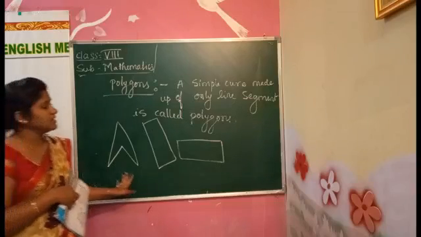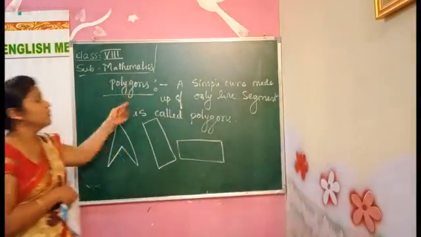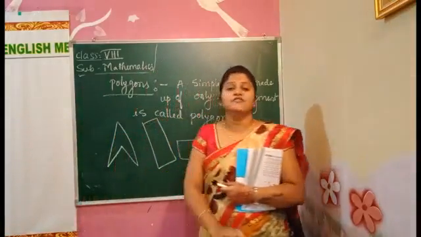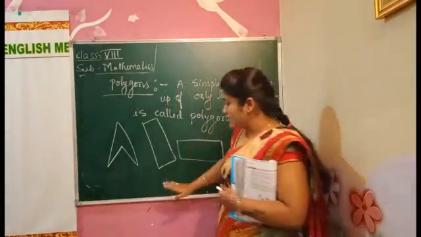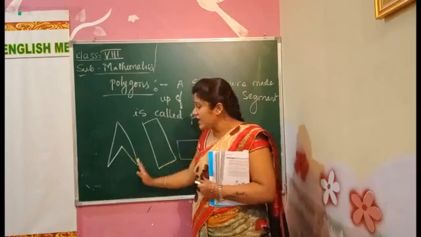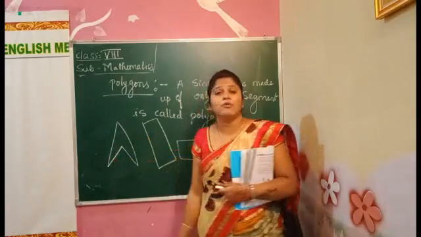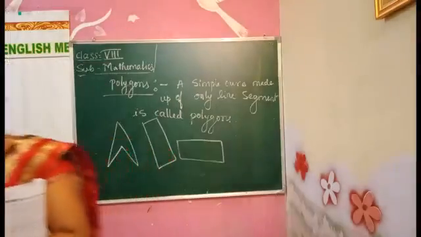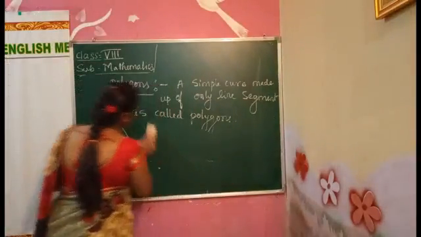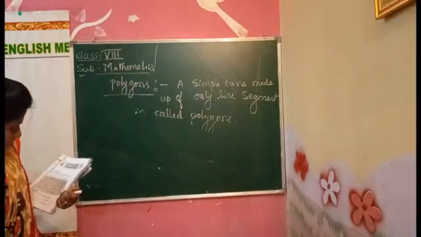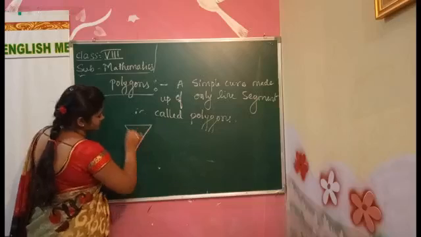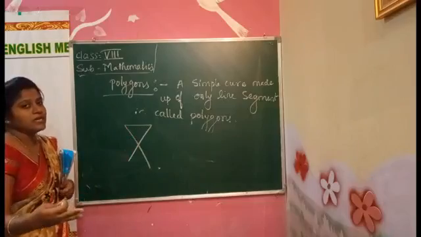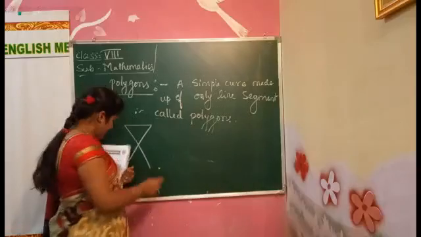These are the curves. But these types of curves are called what? Polygons. Polygons come under curves only, but they are different types of curves. The curves do not have to intersect or overlap on one another. That is called a polygon. Some curves are there which are not polygons. I will show you which are not polygons. Like this, these are not polygons because one line overlaps or comes over the other line. So it is not a polygon.